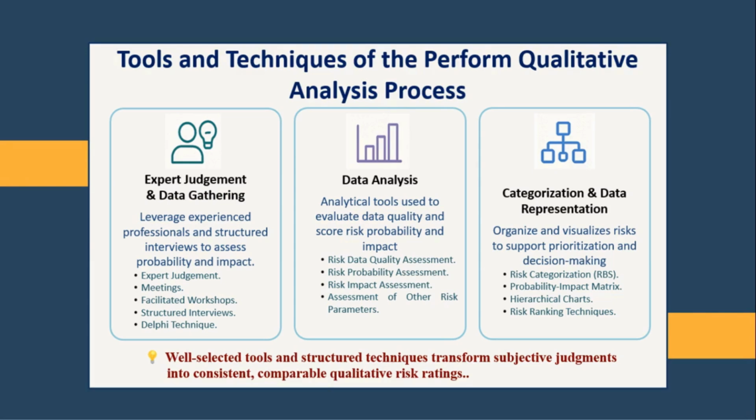The most critical tool in this process is the probability and impact matrix. This matrix transforms individual assessments into a clear, visual representation of risk exposure by mapping likelihood against consequence. For this to be effective, all participants must share a common understanding of the probability and impact scales being used. Finally, documenting the reasoning behind each risk ranking improves transparency and provides a reliable foundation for future reviews.